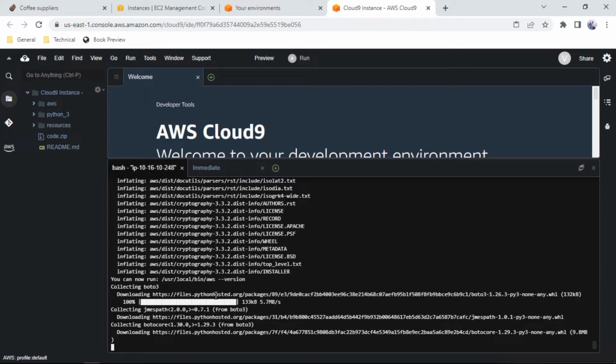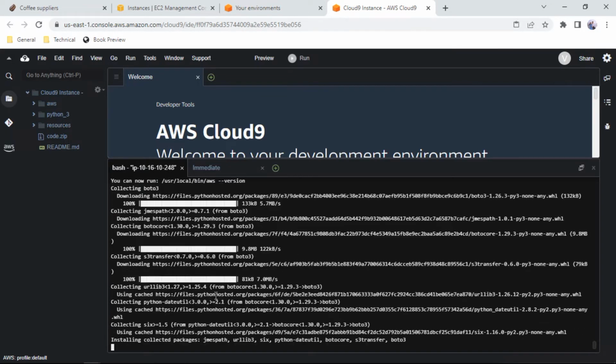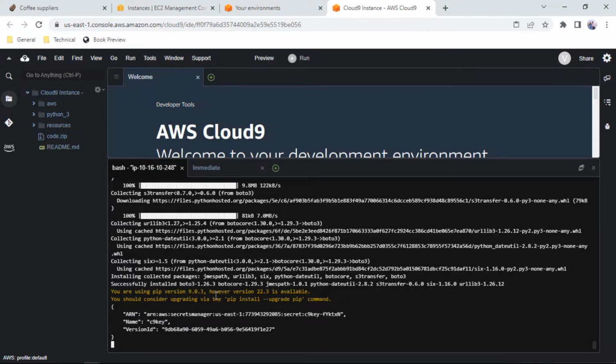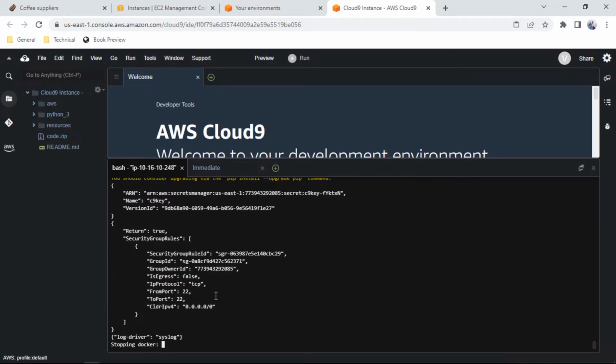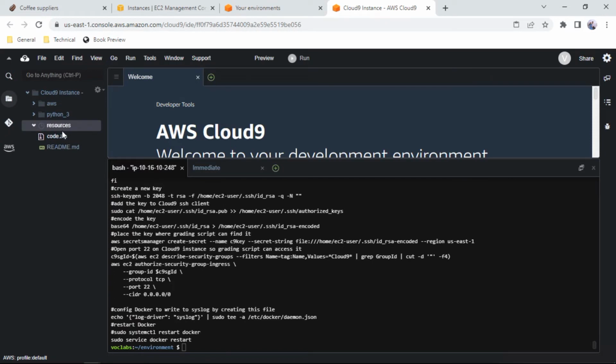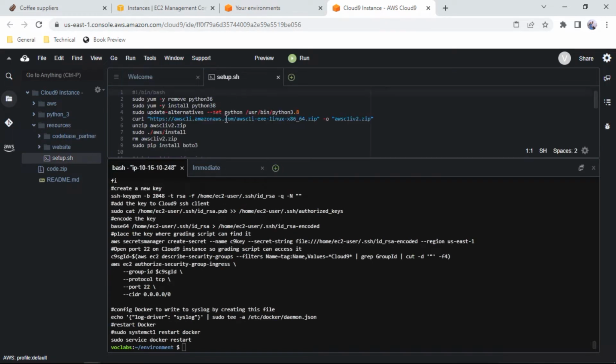Yeah, it is downloading even your AWS CLI for Linux. Once this is done, you can see that here the Docker service is also getting stopped and started. Resources. You have to set up the message. Sudo yum, for your understanding: install, remove the old version and install the new version, and also download the CLI version